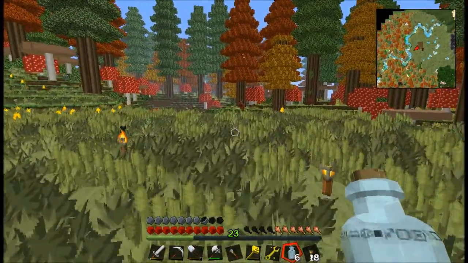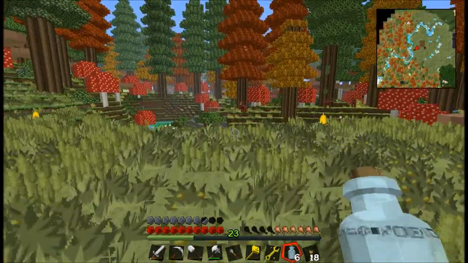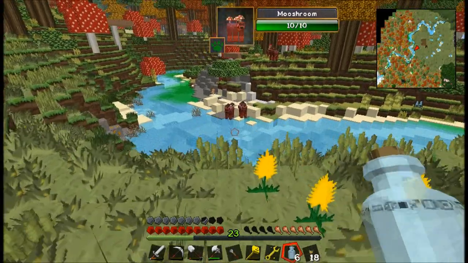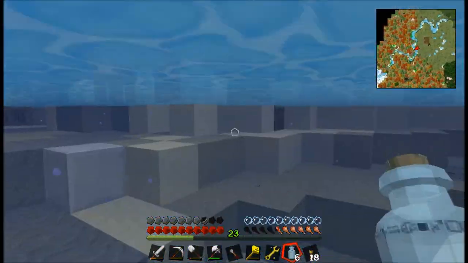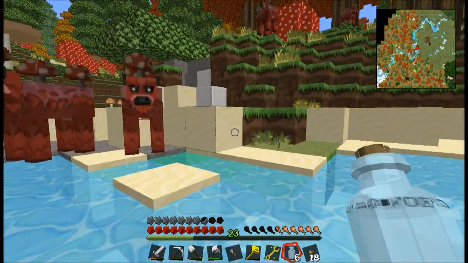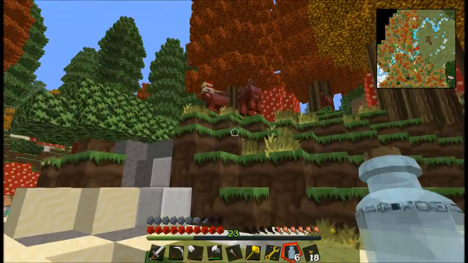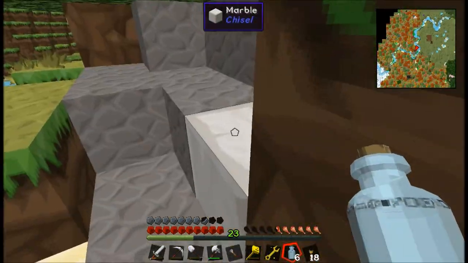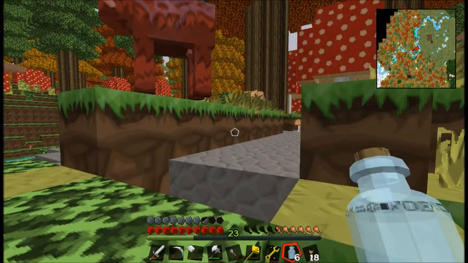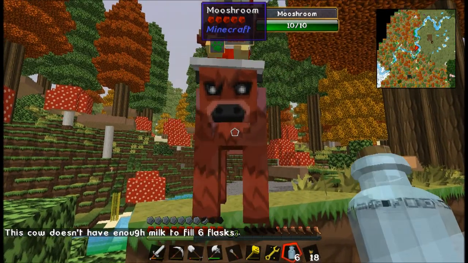What we can do with the flask is, it's awesome for transportation of mobs. You can just suck them up. If this works now, if I don't do it wrong again. Here we got a mushroom. Look, a mushroom. If we don't always want to go back over here to pick up more mushrooms, we just...